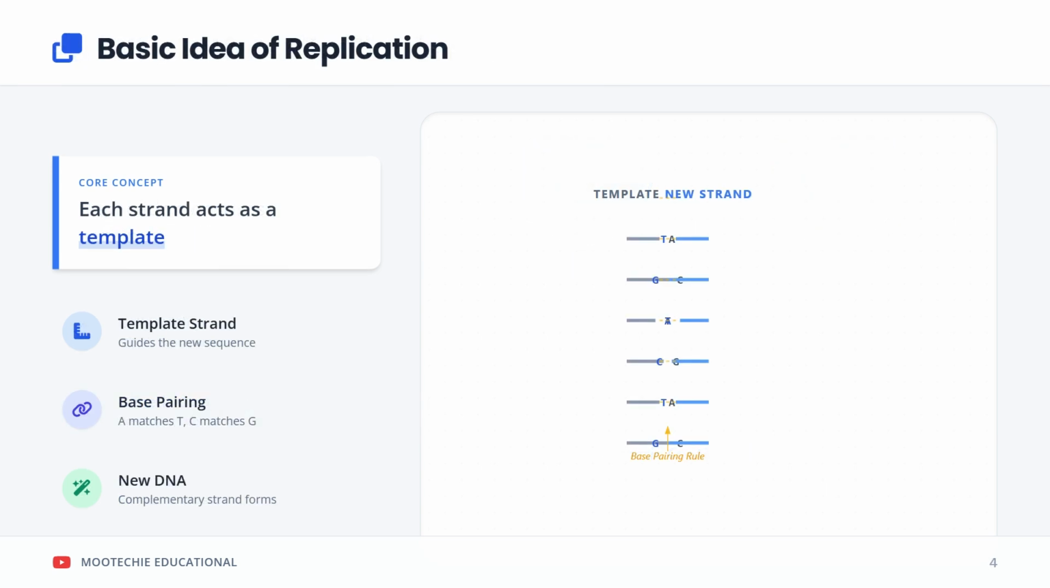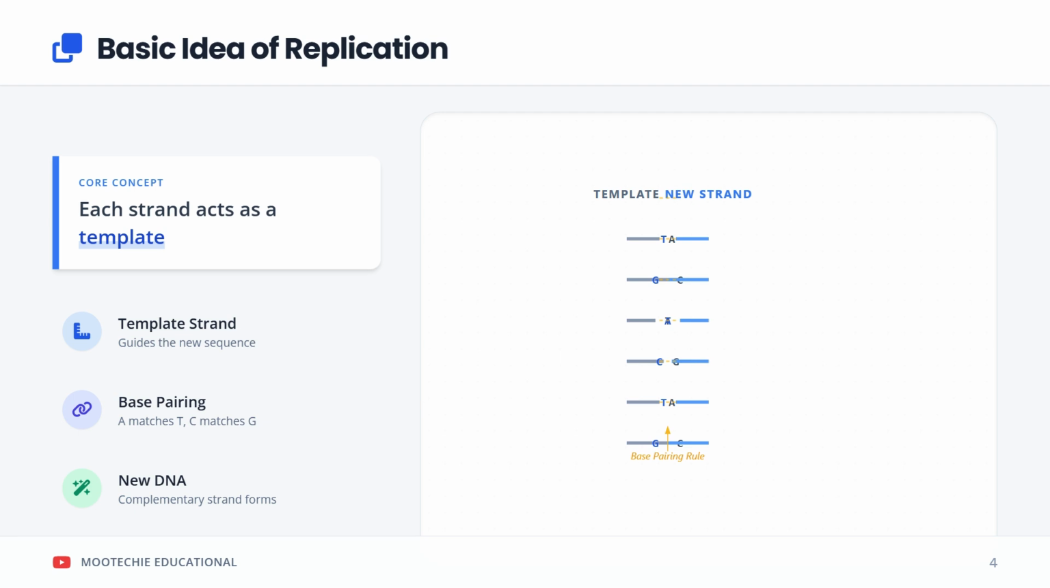Now, let's get into the basic idea of how replication happens. The core concept is that each strand of the original DNA acts as a template. The existing strand guides the formation of a new, complementary strand. How does it guide? It follows the base pairing rule. Adenine pairs with thymine and cytosine pairs with guanine. So, by reading the template strand, the machinery knows exactly what new nucleotide to add, building a brand new complementary